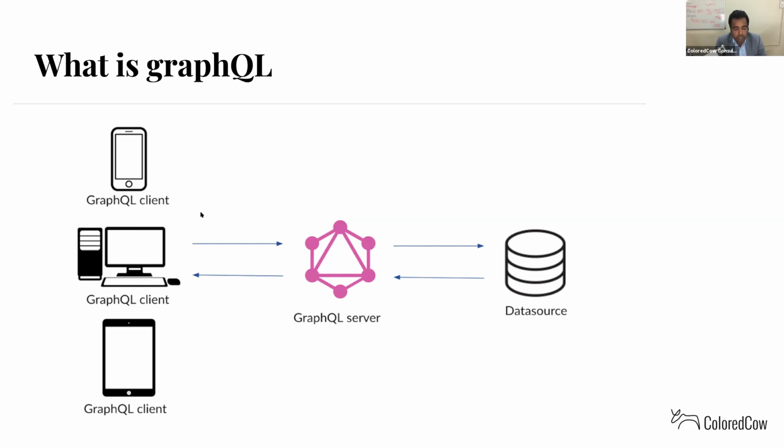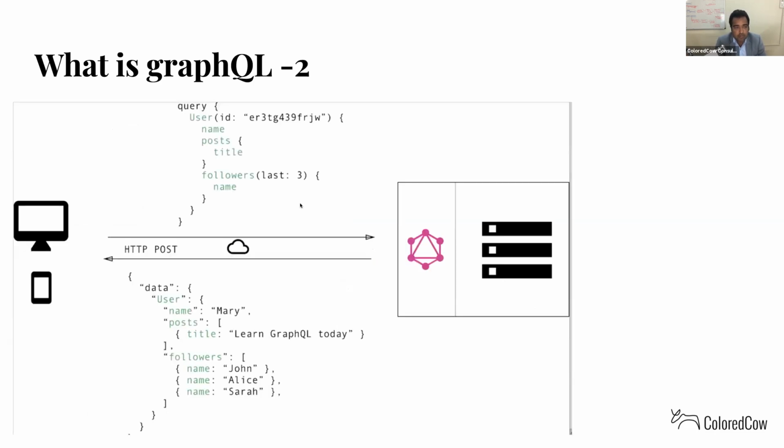If you see in this picture, there are three clients which call the GraphQL server. GraphQL just talks to the DB and gets the data. It fractionalizes the data, I mean, it makes components of the data, and returns the response based on your request. So this is a sample. Let's say for this use case, you want certain posts and followers for a user, right? If there is a REST API endpoint, what you need to do is